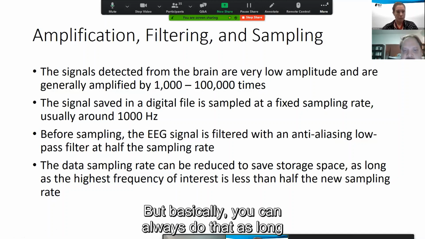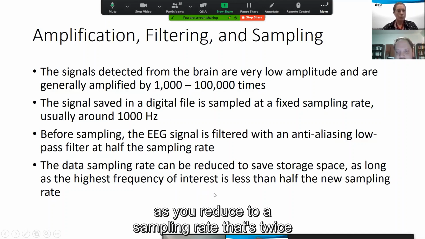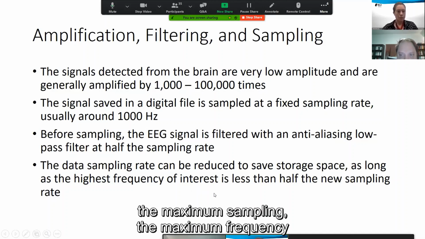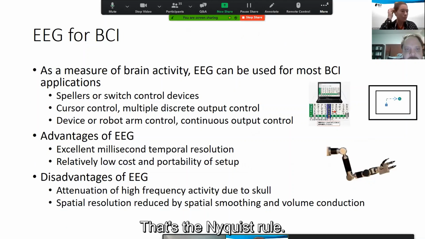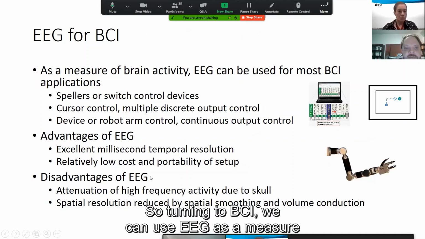But basically, you can always do that as long as you reduce to a sampling rate that's twice the maximum frequency that you're interested in. That's the Nyquist rule. So turning to BCI,